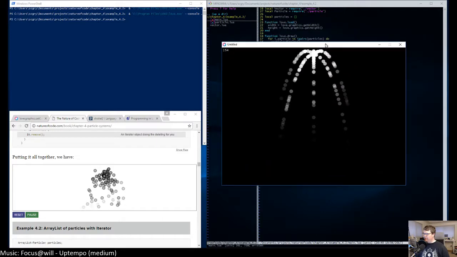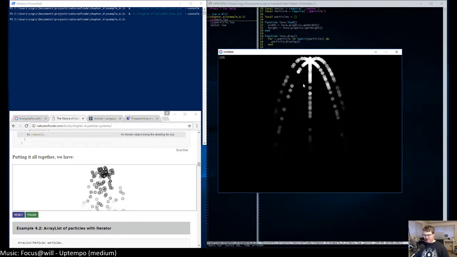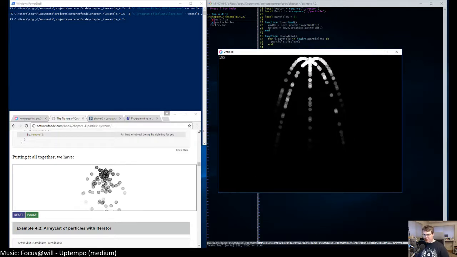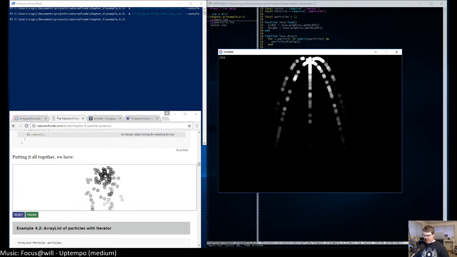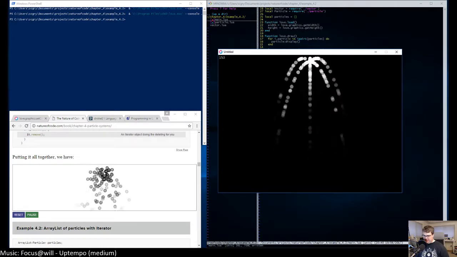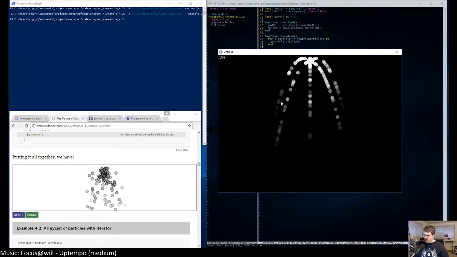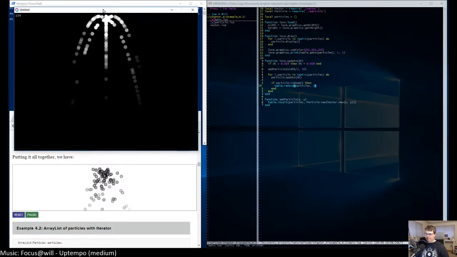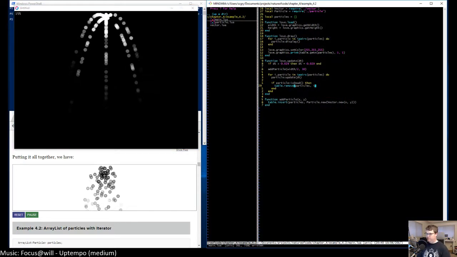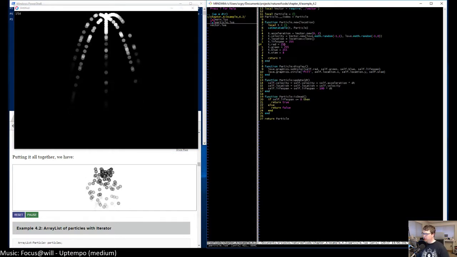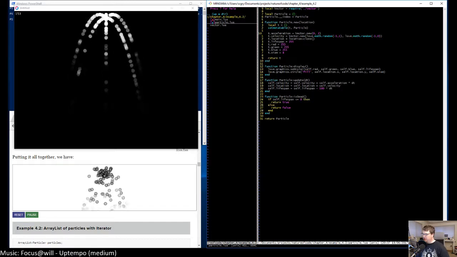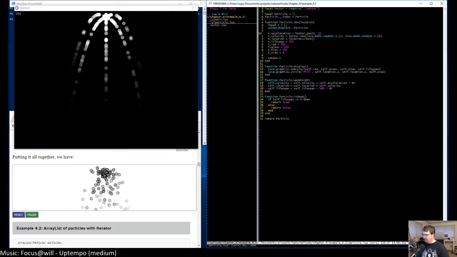Because right now this is close, but I think he's jumping out, but only some of them jump out, and way more of ours are jumping out than we actually want. So in particle, we have acceleration, we have velocity.